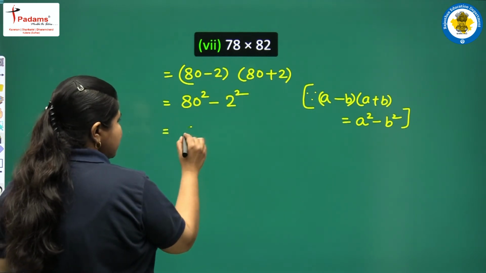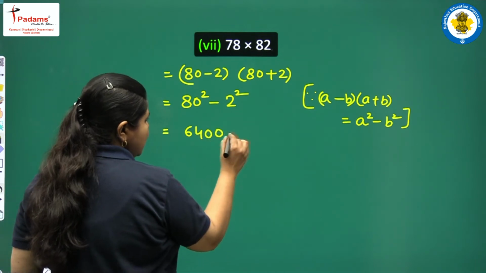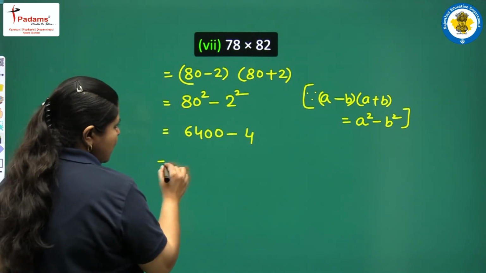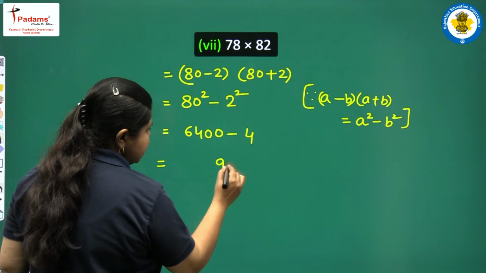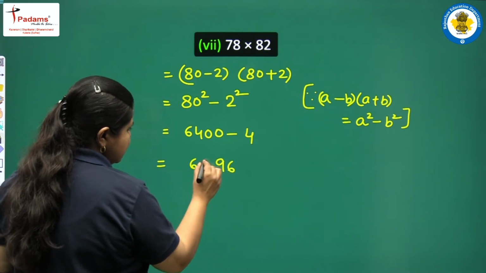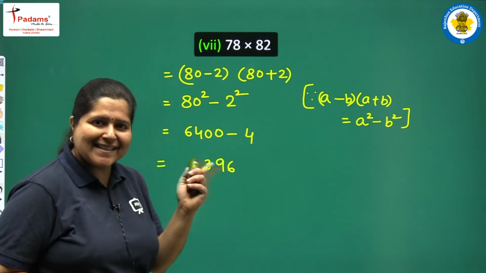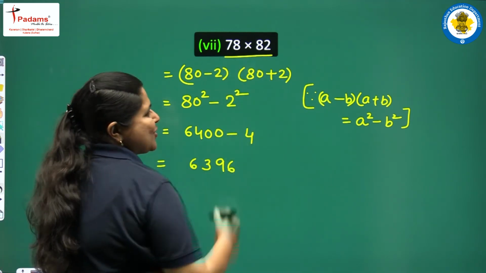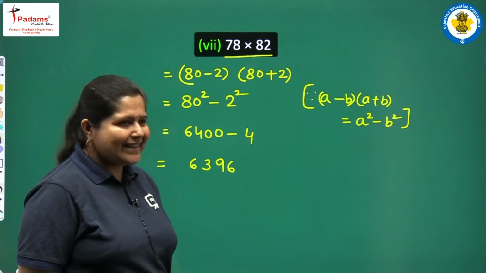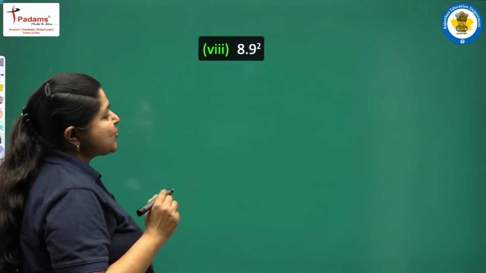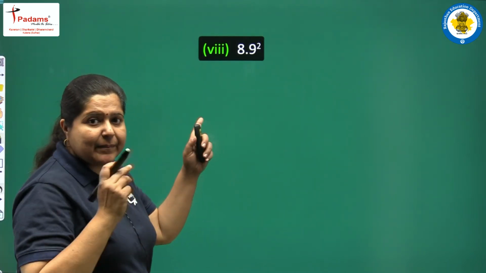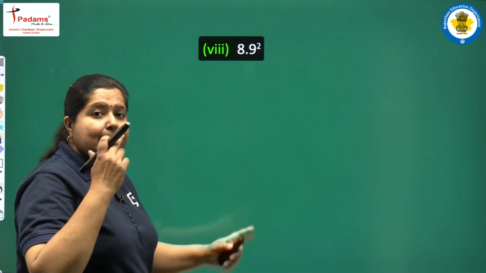80 square, 8 square is 64 and 00, minus 2 square is 4. Now 100 minus 4 it's 96 and now 63. So it's 6396. This is the answer, the product of these two numbers. Easy. Next 8.9 square. Again we can get the answer by multiplying 8.9 by 8.9, but we want to get